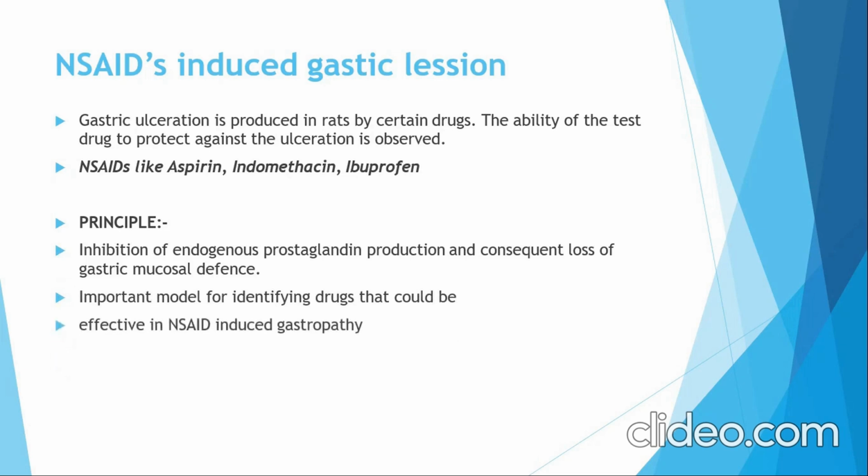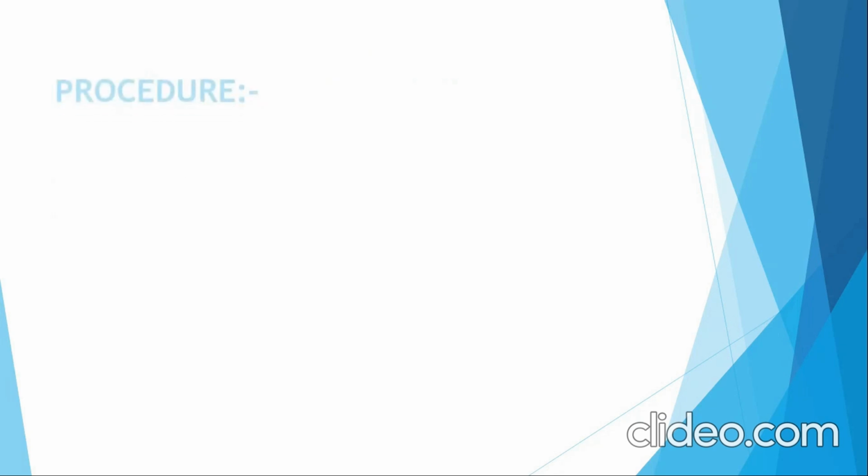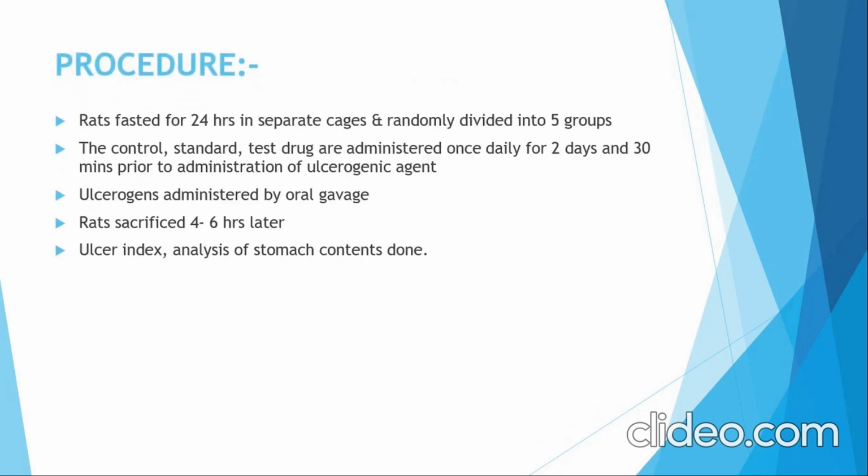The principle behind NSAID induced gastric lesion is inhibition of endogenous prostaglandin production and consequent loss of gastric mucosal defense. It is an important model for identifying drugs that could be effective in NSAID induced gastropathy. The procedure is that rats need to be fasted for 24 hours in separate cages and randomly divided into 5 groups,